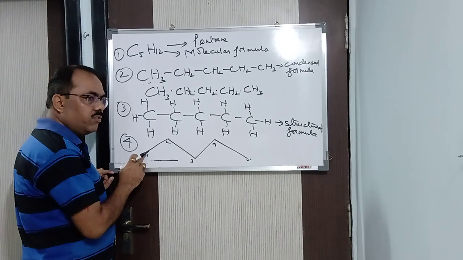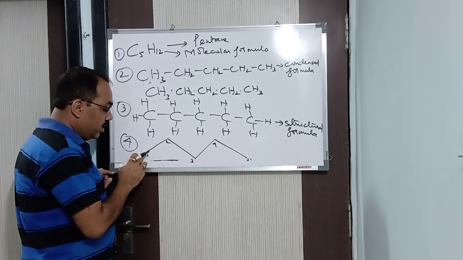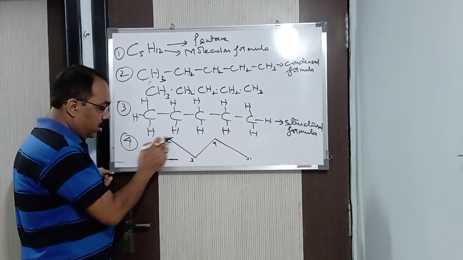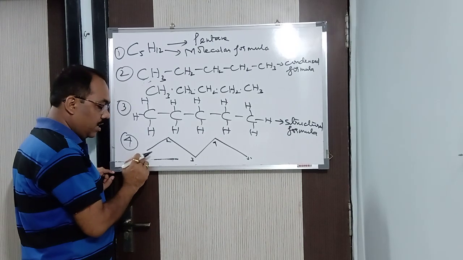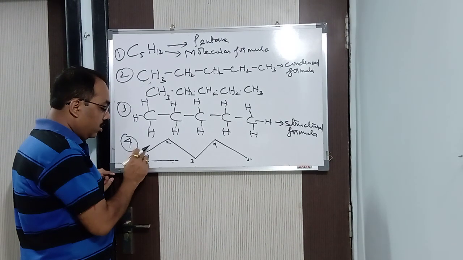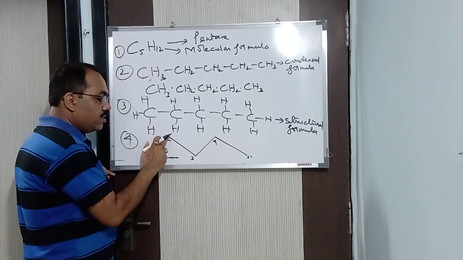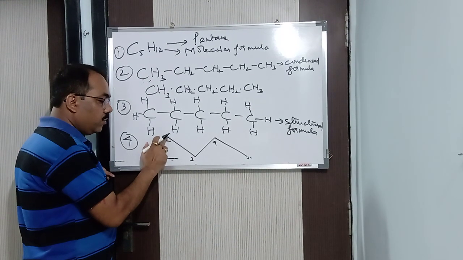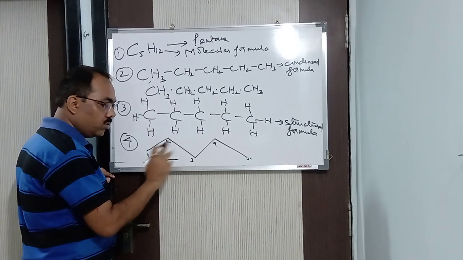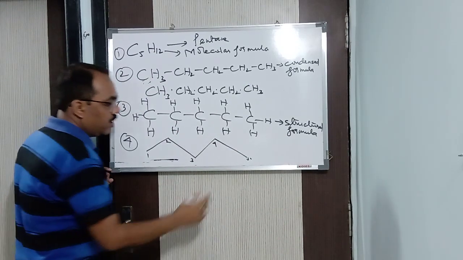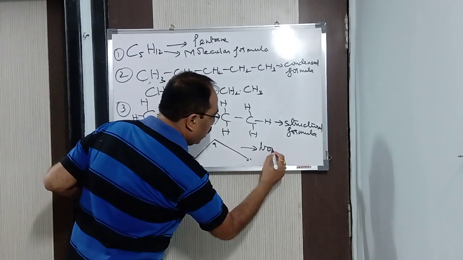And this is understood: we are not writing the hydrogens. It's understood that the first carbon has one bond, a single bond, so the remaining 3 are hydrogen. Here this carbon has how many bonds? 2 bonds, so the remaining 2 are hydrogen. No need to write the hydrogen. So this is said to be the bond line formula.